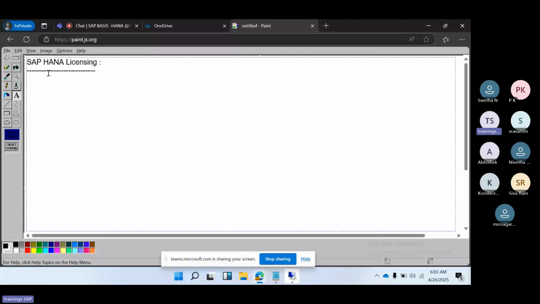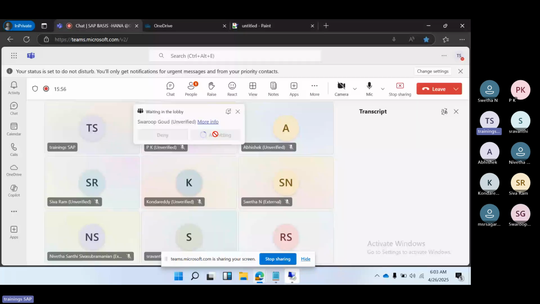So, license. Why? Because HANA is proprietary commercial software. To use the HANA database, we need a license. It's not free, right? It's crucial for accessing HANA and utilizing the HANA database. So let's discuss what licensing models we have in the HANA